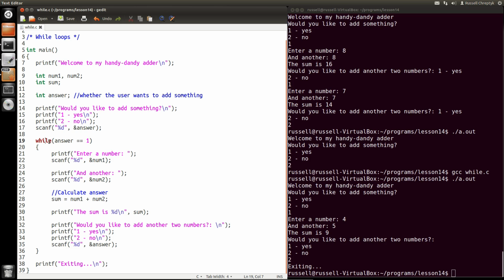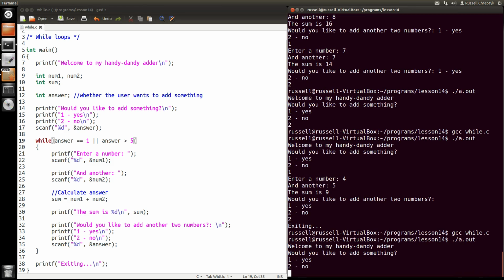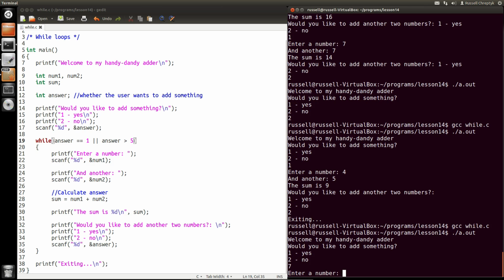It allows you to loop chunks of code while a condition is true. And just like if statements, you can put your full range of and, or, and not in here. So if you want to say while answer is equal to 1 or answer is greater than 5, it doesn't make much sense, but we can do it. So if they enter in 7, it'll repeat,